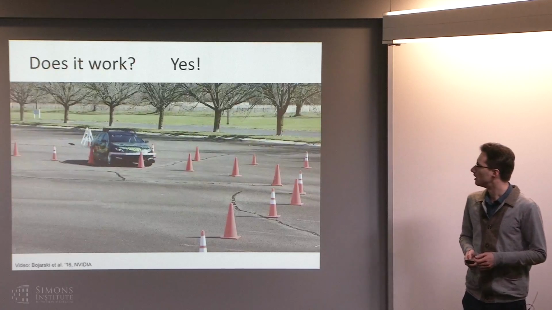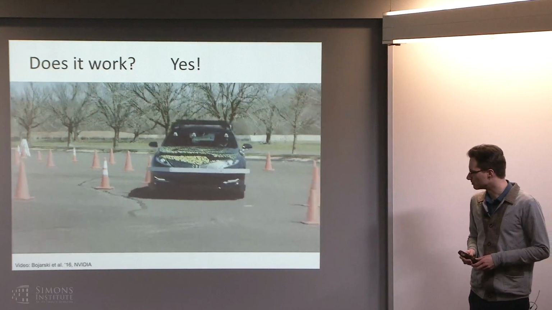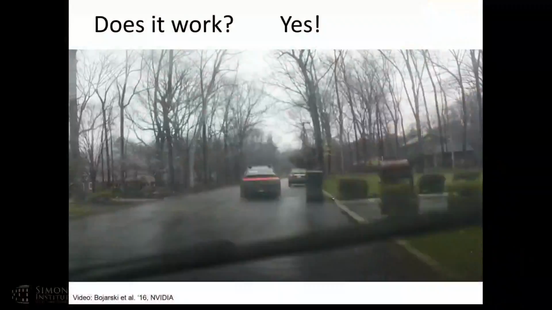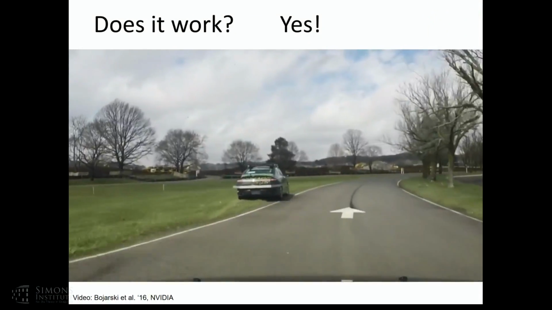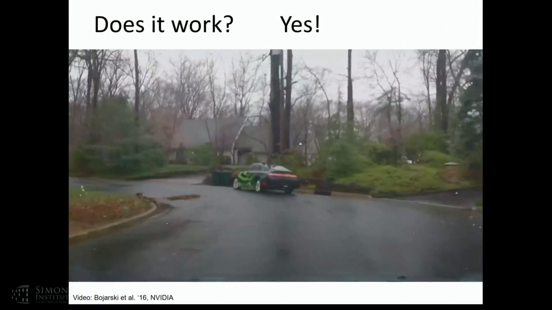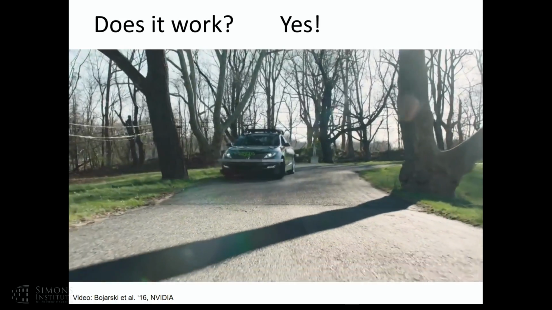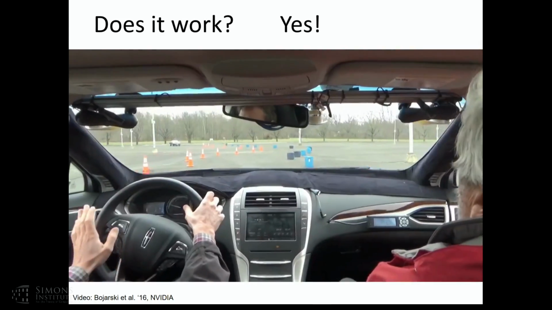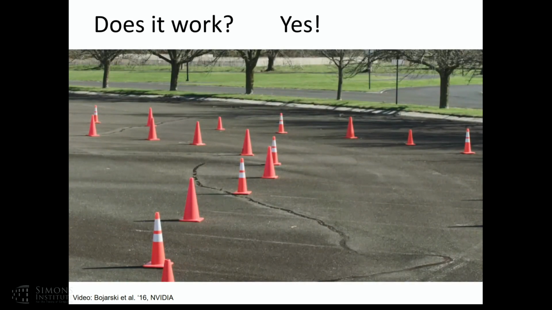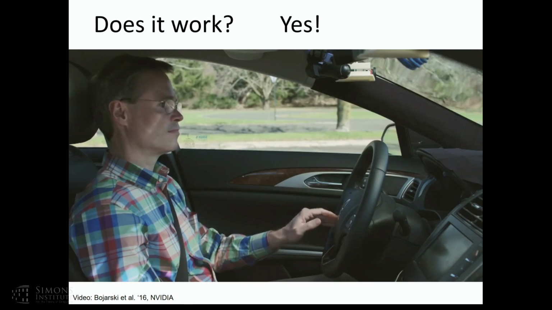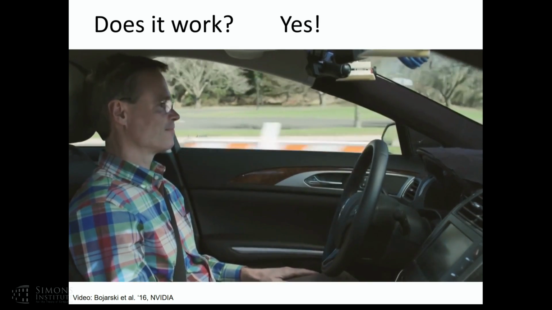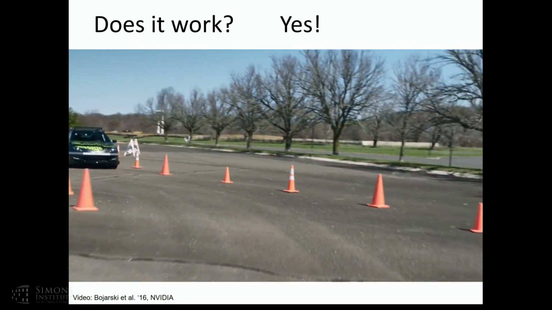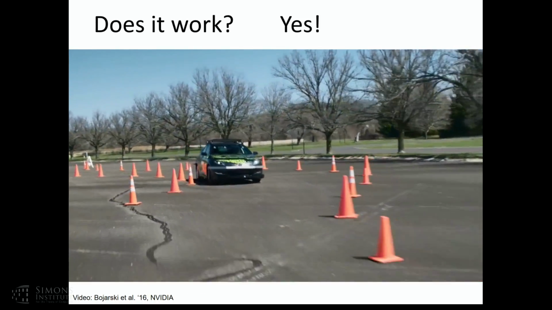Okay. So let's look at an example from somebody who maybe didn't care so much about the theory. This is a video produced by NVIDIA where they actually did this. They had a human driver drive around, and initially maybe it looks a little bit disappointing. The car does some scary things, freaks out the cameraman. And then they drive around a bit more, generate a bit more training data, and something seems to work. So at least to the point where this guy is comfortable pressing this button, at least for the duration of this video, and seems to still be alive. And as far as I know, no one was injured in the production of this.